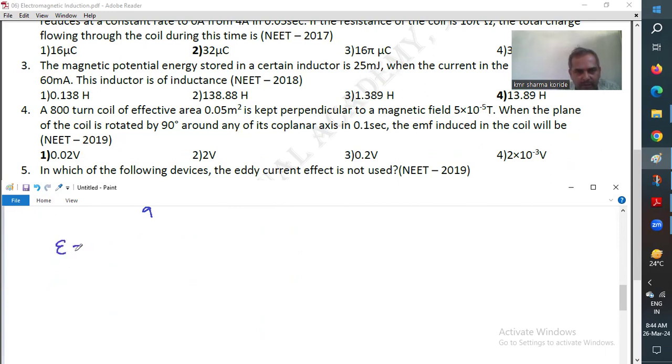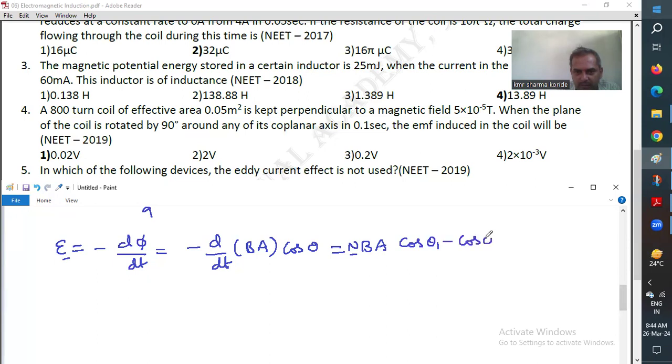EMF. So once again, the same formula, minus d phi by dt. So separately writing d phi as B into A into cos theta. Remember, since rotated through an angle 90, this B and A will remain constant. N also will be there because more number of turns of the coil, more will be EMF generated. Then cos theta 1 minus cos theta 2. Because there is minus outside, first you will get cos theta 2 minus cos theta 1, but taking minus inside,